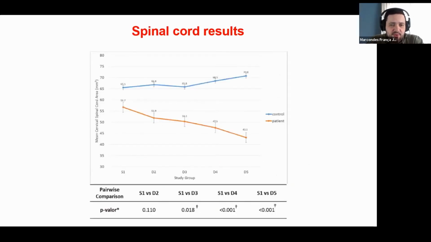When you look at the spinal cord, we also had some nice results. So this is in blue, you can see the controls, and in orange, you can see the patients stratified for the different subgroups. So it's interesting to realize that even pre-ataxic patients had smaller spinal cord areas, and these values tend to go down as the disease progressed. So even though this was a cross-sectional study, it presented some nice results in terms of the staging of the disease, considering patients across all the disease stages.